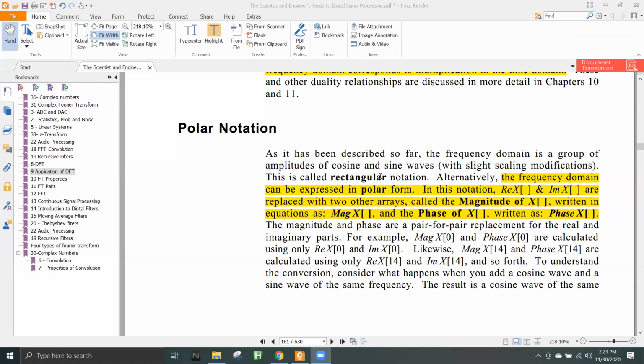DSP te amra duality bolte ki বুঝি। Then we come to the polar notation, that is আমরা এতক্ষণ ধরে যে DFT নিয়ে কথা বলতেছিলাম, DFT তে আমরা কি করি, আমরা একটা স্মল x কে কনভার্ট করেছি ক্যাপিটাল x এ, যেখানে ক্যাপিটাল x টা আসলে কি, ক্যাপিটাল x টা হচ্ছে দুইটা অ্যারের ভ্যালু থেকে আসতেছে rex আর imx। আমরা আসলে এই জিনিসটাকে এভাবে কনসিডার করতে পারতাম। আমরা কি বলছিলাম যে এটা যদি n পয়েন্ট হয়, আমাদের n/2 মাইনাস n/2 প্লাস 1 পয়েন্টের দুইটা জিনিস পাচ্ছি, ঠিক আছে, n/2 প্লাস 1 re and